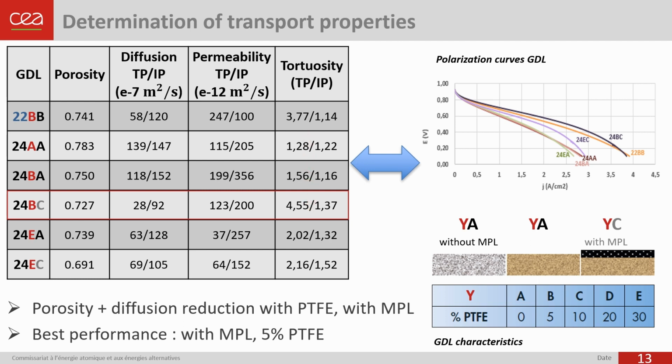So this is interesting, and we can already try to link these values and these results to the performance of the GDL when we use a polarization curve to understand if the GDL works well or not. We can link to the real performance with the transport properties calculated with GeoDict. The transport properties are not the only effect that affects the performance, but it is a piece of the puzzle to understand why some GDL are performant and some others are not.